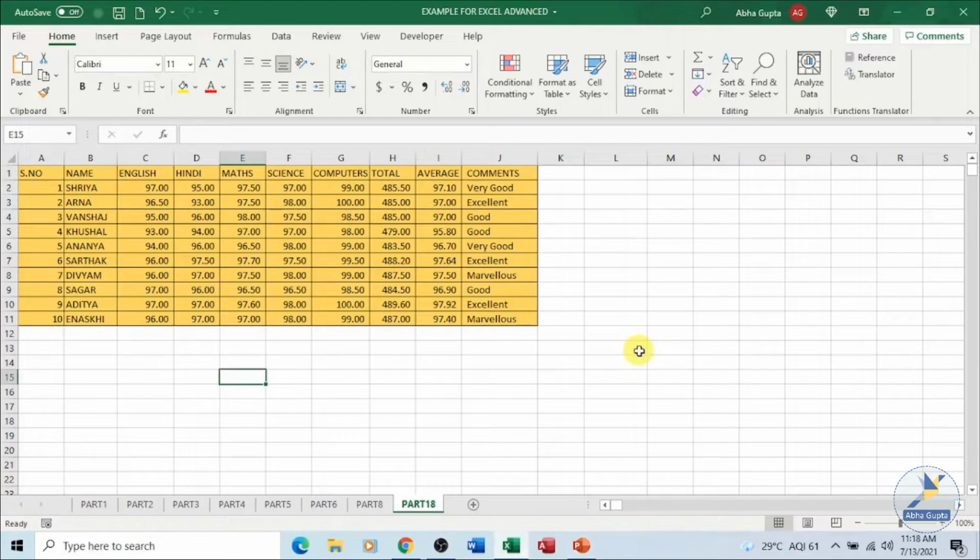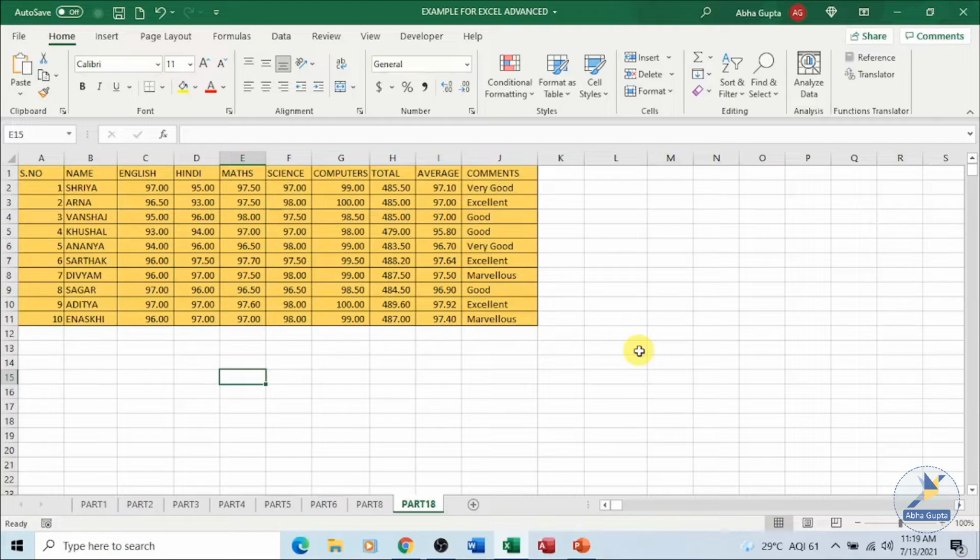We have an example here which has some data, the student's name and marks, and we'll be using this for language translation. Take for example, we have a requirement where we want to share this data with somebody who doesn't know English. We have everything in English over here, and they are well versed in some other language, maybe Hindi or French or Spanish or Japanese. So what we can do is, this data will be the same, we will translate it into their language.